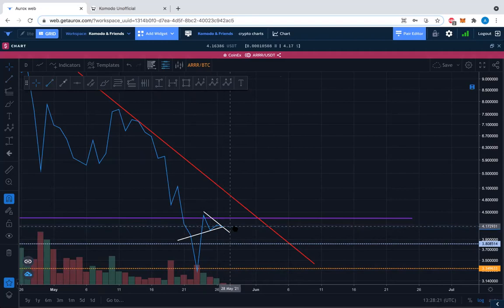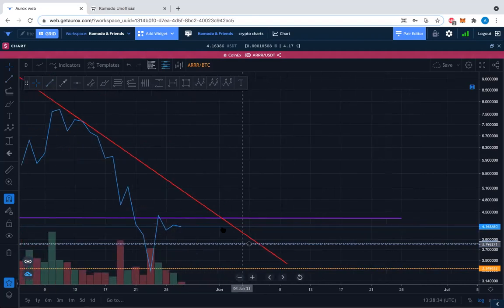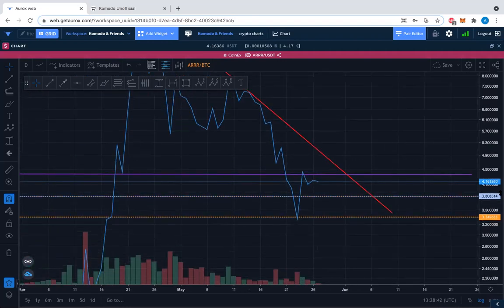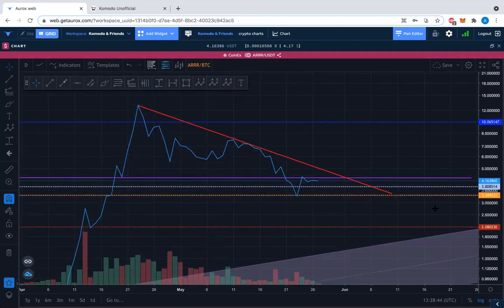Are we just going to break it sideways? Then we're a bit more sideways. Are we going to go up? Are we going to go down? Either way, we're breaking this, so this triangle is meaningless right now. Let's just see where we go. Good. Well, that's about it. I just wanted to bring those thoughts up to you, and I hope it's of value.